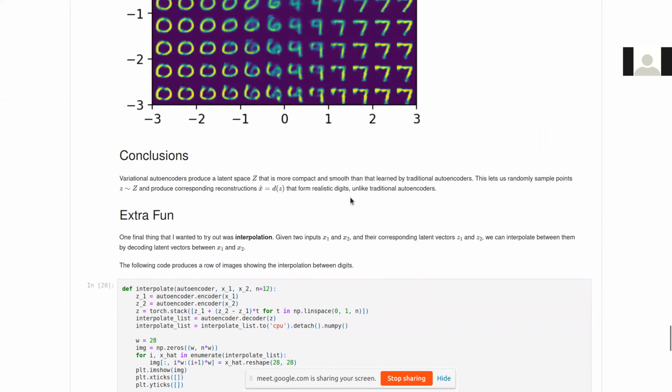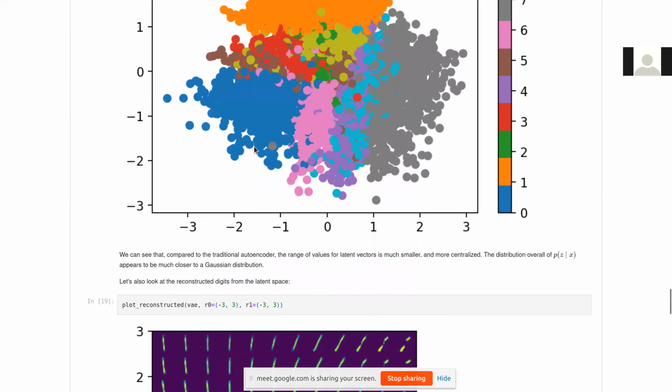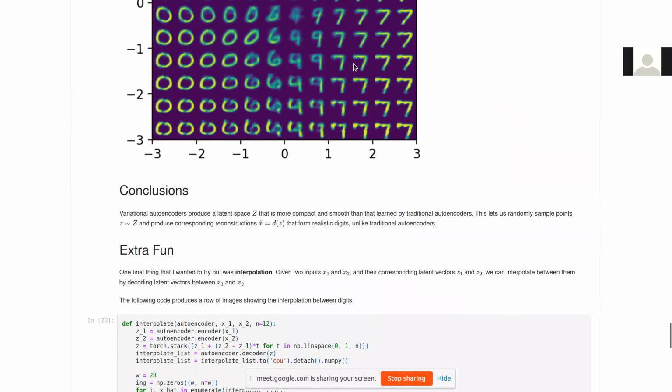An extra fun part is this: right now we just selected 2 random vectors, right? One point here, one point there, and we started plotting the images and seeing how they look as we go from Z1 to Z2. The other fun experiment can be, let's get the Z1 embedding of one class, and the Z2 embedding of a sample of another class, and then interpolate between Z1 and Z2 and visualize the corresponding reconstructed images. So what I mean here is,